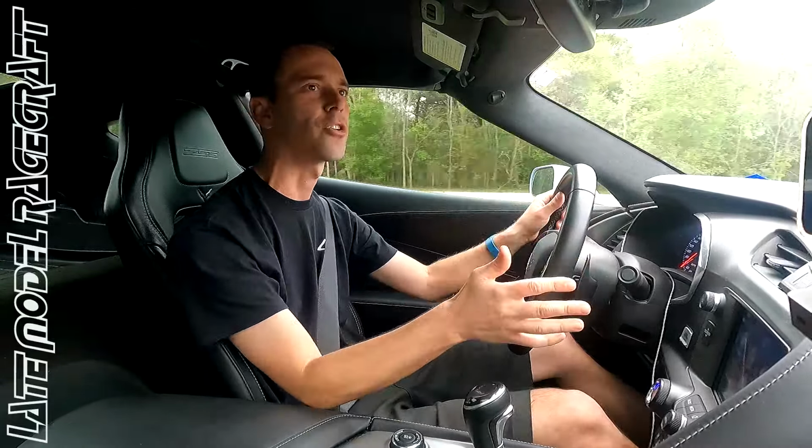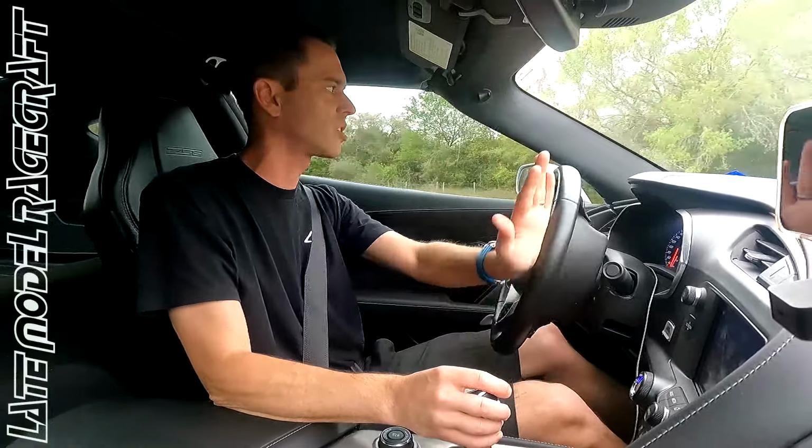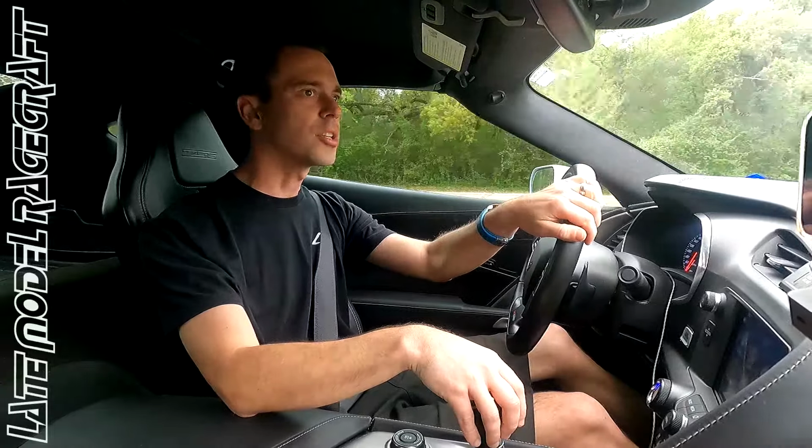I'm going to make a couple pulls real quick just to really check the shift points, and then also traction. I'm leaving traction on, but it does have Toyos on it all the way around. Normally a car making this kind of power, second gear is going to spin quite a bit. Sorry, let me turn here. Second gear usually spins quite a bit. I normally start off in third gear with these cars, so I might do third gear first